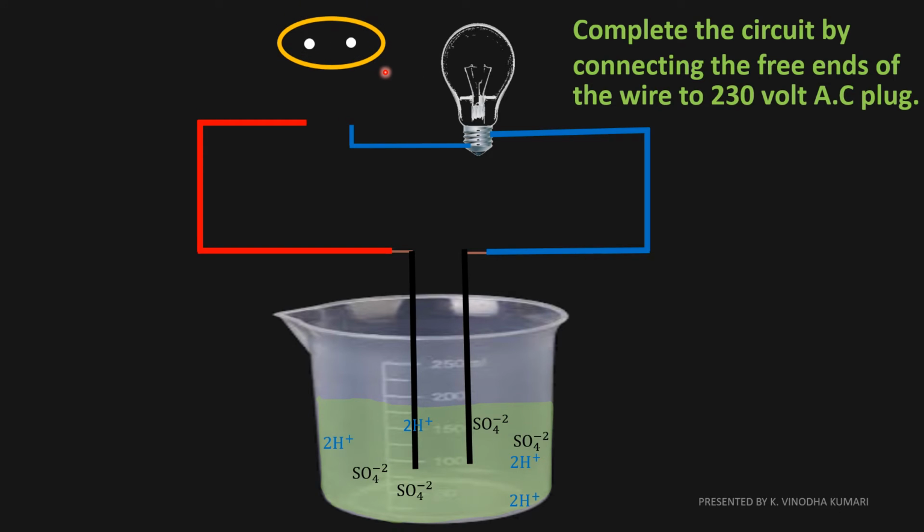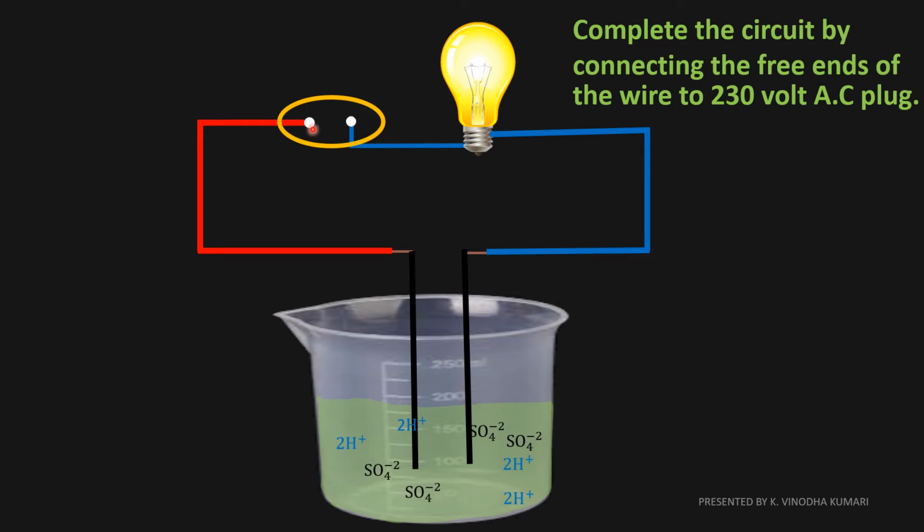See here, we are bringing the AC plug and we are going to connect it. Right. See, again as soon as the AC plug has got connected to the wires, the bulb has glown. So the glow of the bulb is due to the movement of the ions. Here you are observing that the H plus ions are moving, isn't it? So this movement of the ions in the solution will make the current flow so that the bulb will